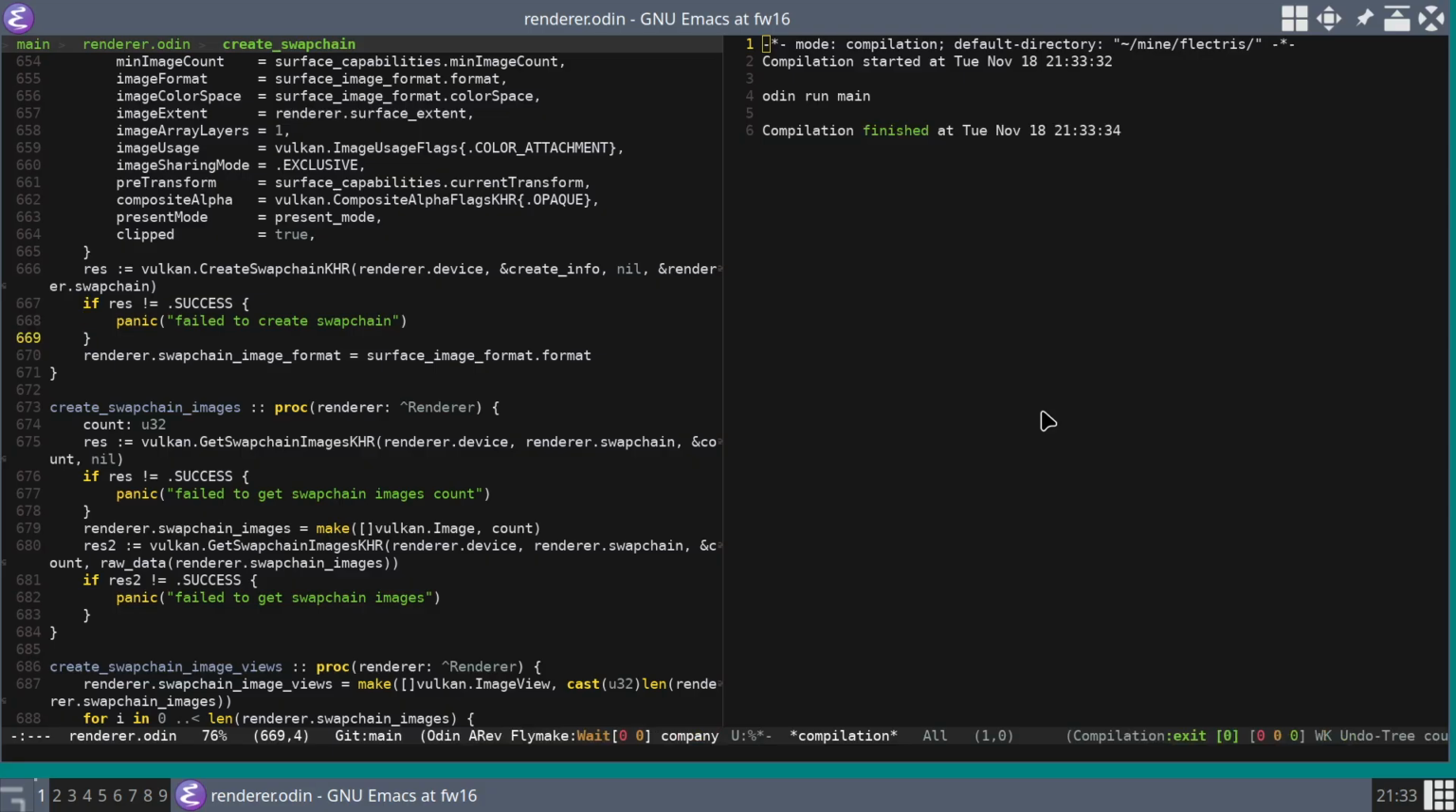Confusing. Swap chain image format. Get set to format. Okay, that looks like it's what we want. This one, create swap chain images, takes a renderer. Get swap chain images. So yeah, we've got another